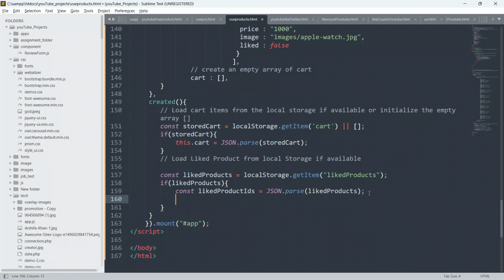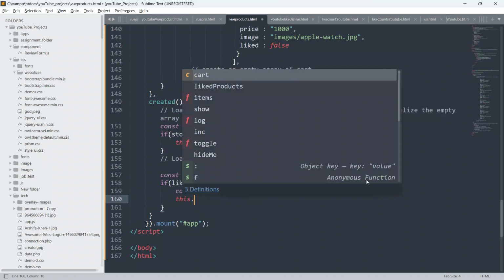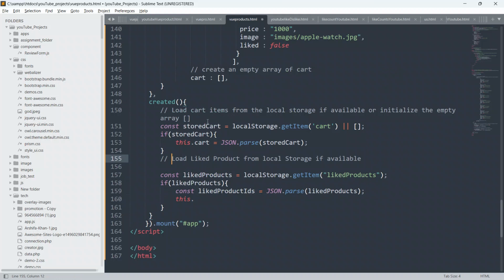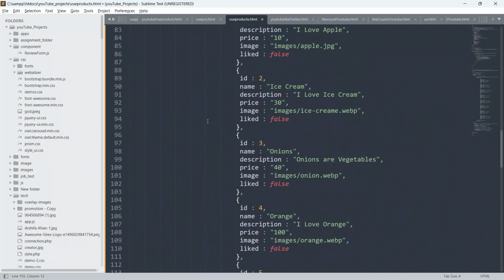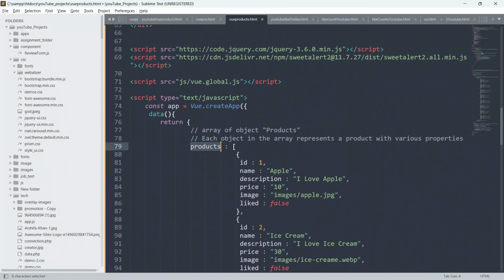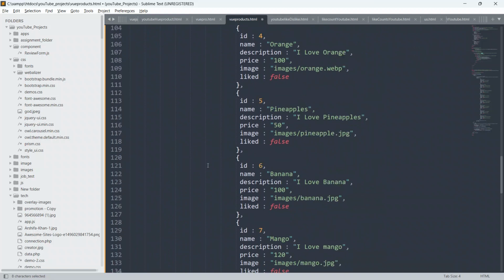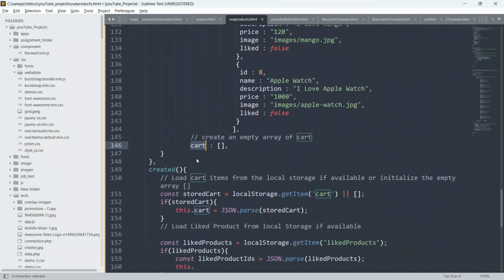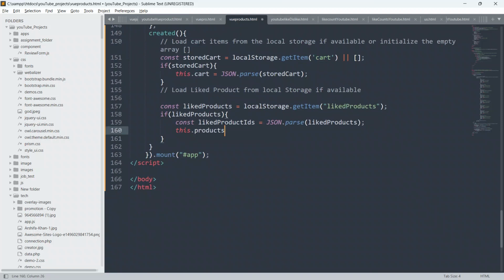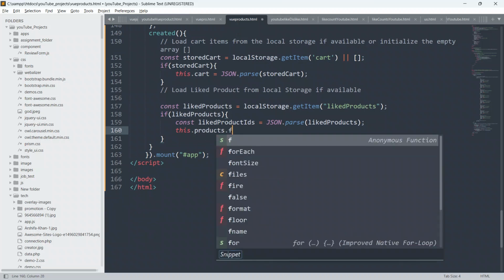And I will say this dot products. Whenever I say this dot products or this dot cart, I refer to the products and the cart. So this dot products dot forEach.